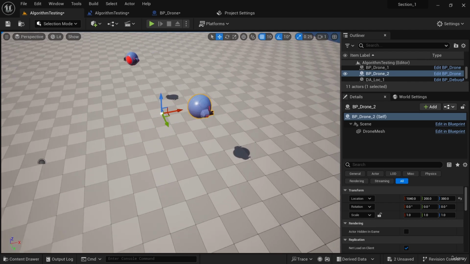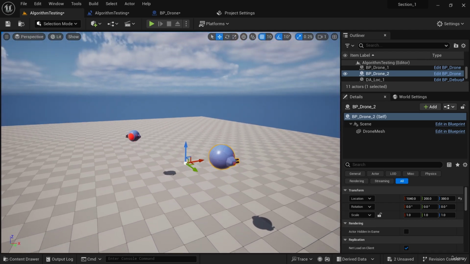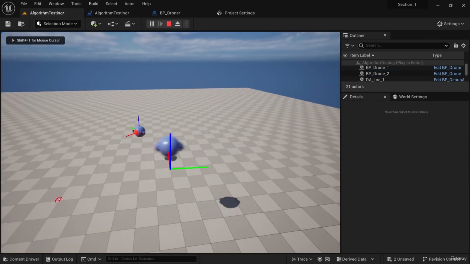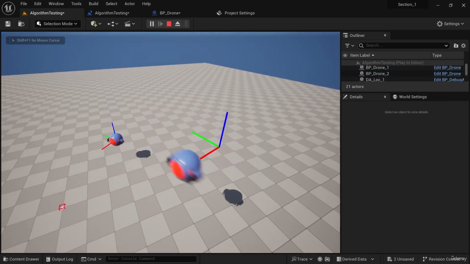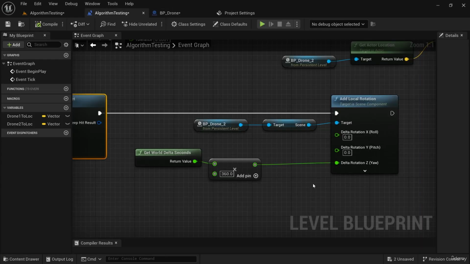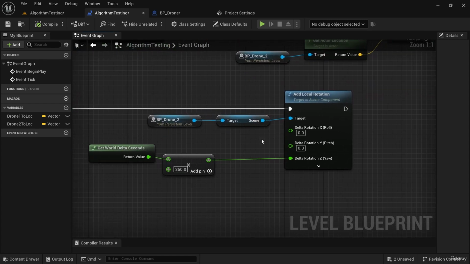I wanted my mesh to be offset from the root component, and that's so that we can see that when we're adding a rotation to that root component, the scene component, the mesh will rotate along with it. And we can add local rotations to individual components. We just happen to be using the scene component here, but what if we're adding a local rotation to that